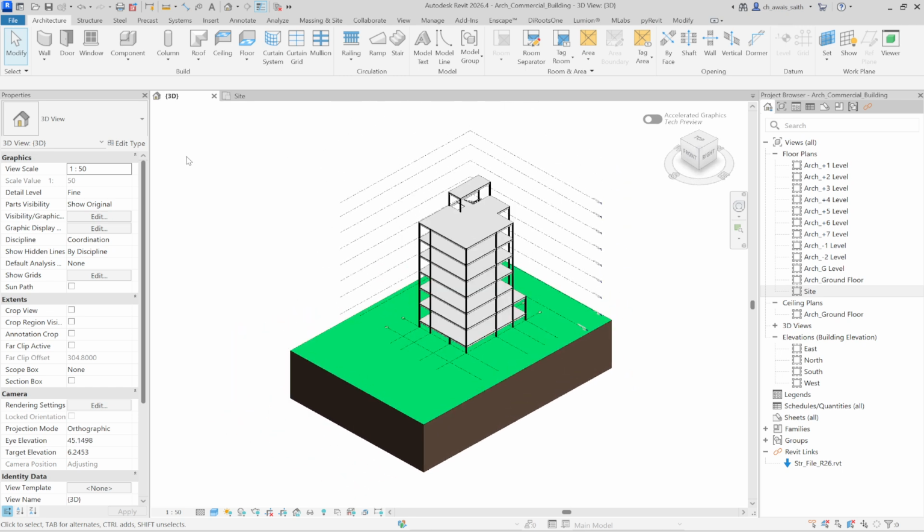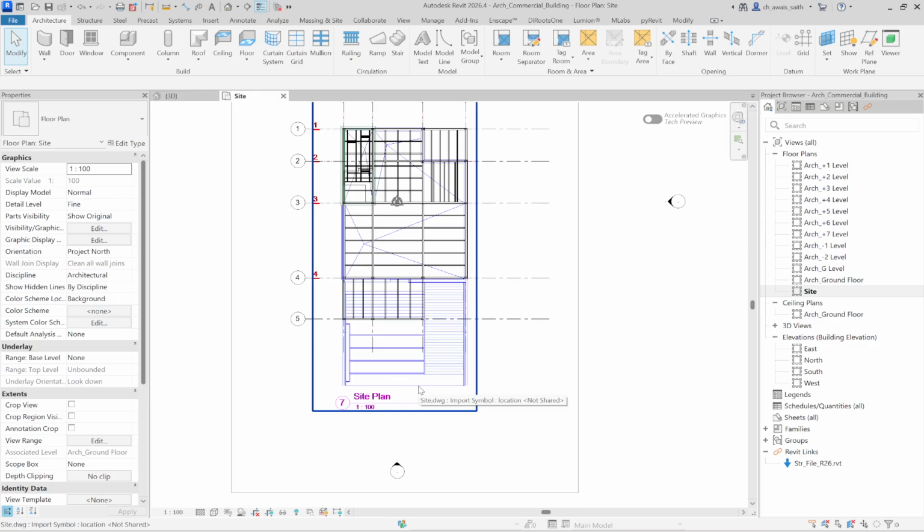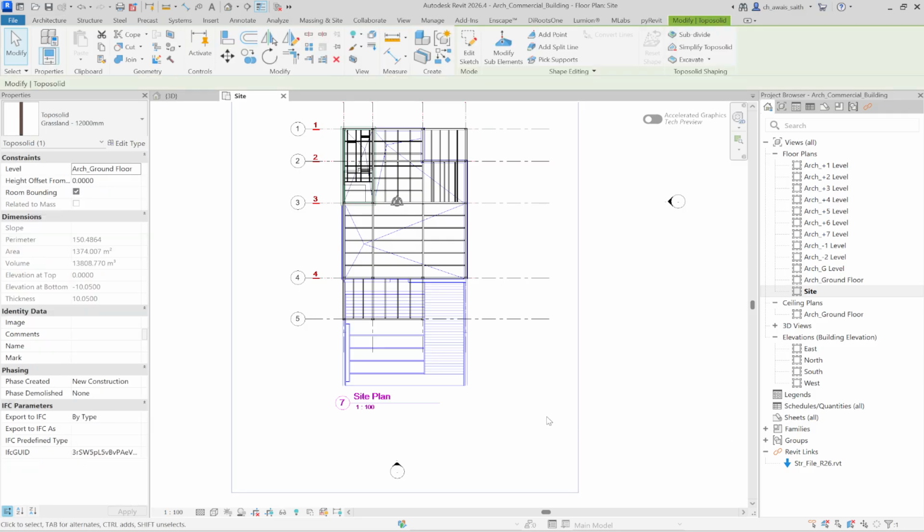Hi friends, today we are going to create the excavation modeling by giving the Revit model and toposolid. So for this, first of all, we go to our site plan and see this is our toposolid,